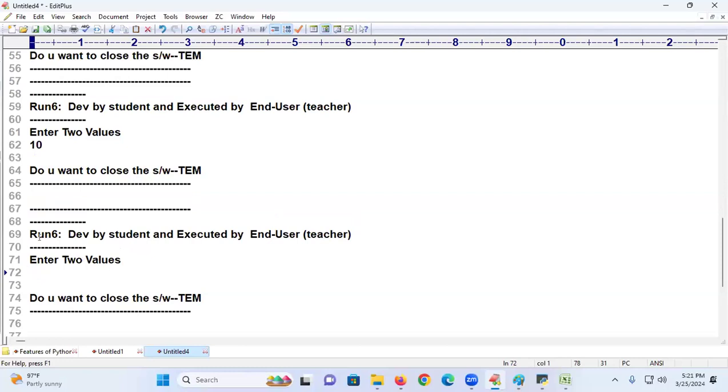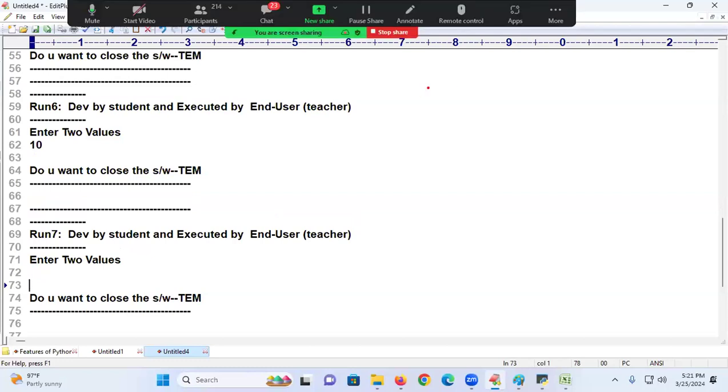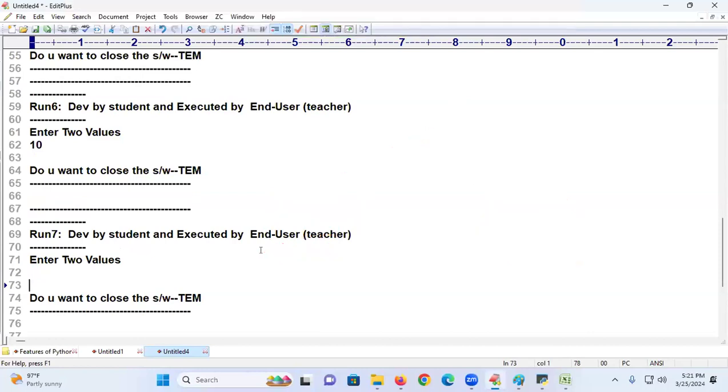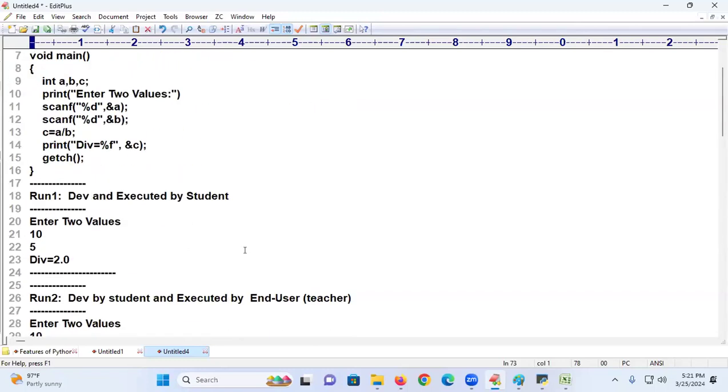Then how many times you ran this program, students? 7 times you are running. Out of 7 times, 1 time only successfully you got it. 6 times you got wrong results. So your program success is fine, robustness is weak. That is called a useless program. So far what we learned in our academics, and why I am criticizing, because that's why students are not getting jobs. Why? Proper programming they don't know. Proper problem solving they don't know.